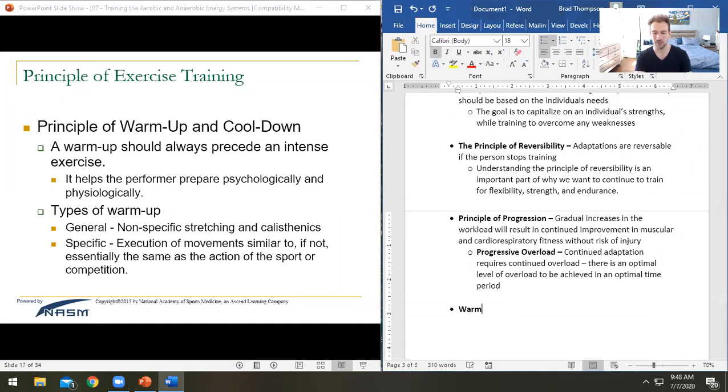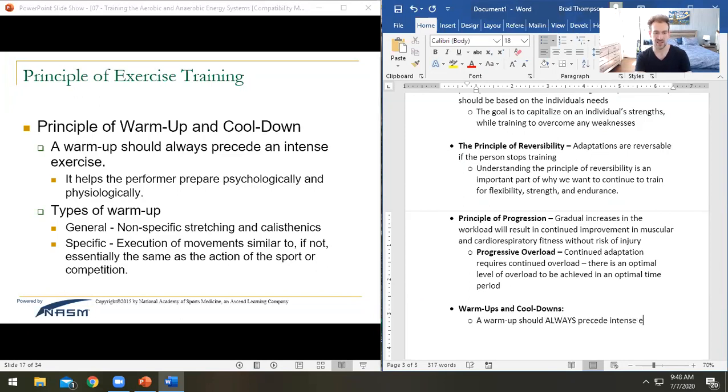So warm ups and cool downs. Both of these are very, very important. Okay, so a warm up. You've got two versions here, right? And this is going to state that a warm up should always